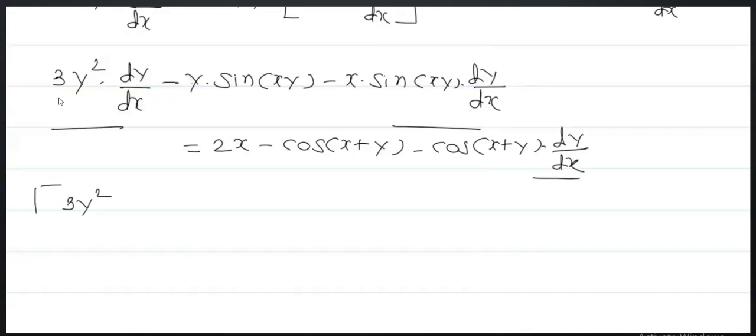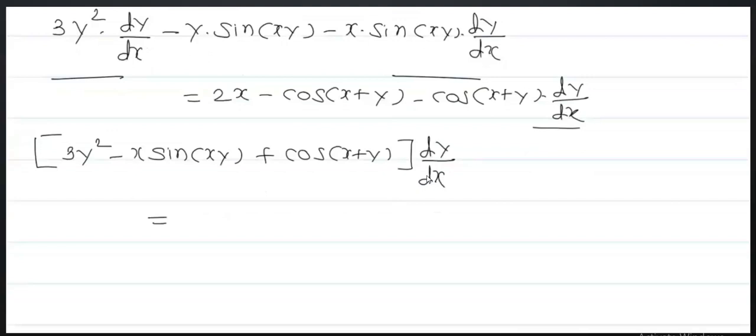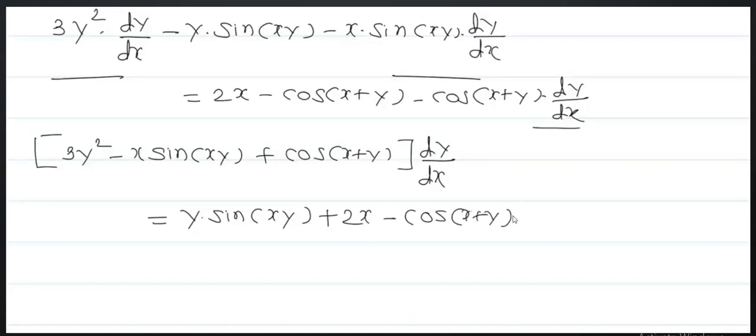Now here is 3y square minus x sin of (x plus y) plus cos of (x plus y) into dy by dx, that is equals to y sin xy plus 2x minus cos of (x plus y), and that's why dy by dx is equals to